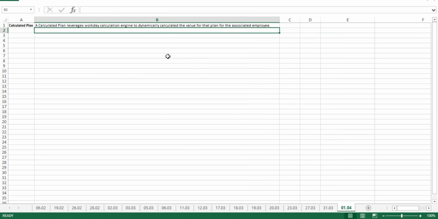As I mentioned before, in Workday 2020 R1 there was just one type of plan, which were your dynamic calculations, right? Which means the system would automatically calculate the value every time. So if an employee is associated with a calculated plan, if I go to the employee's profile and we'll see how it looks, when I click on that compensation tab, the system would show me the